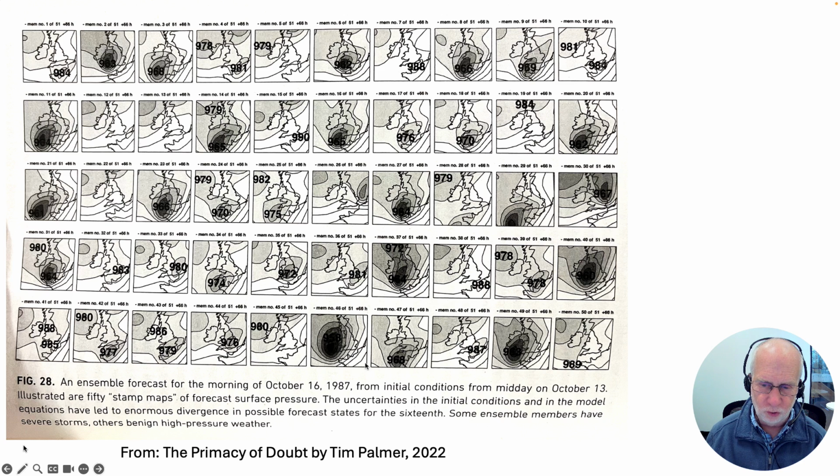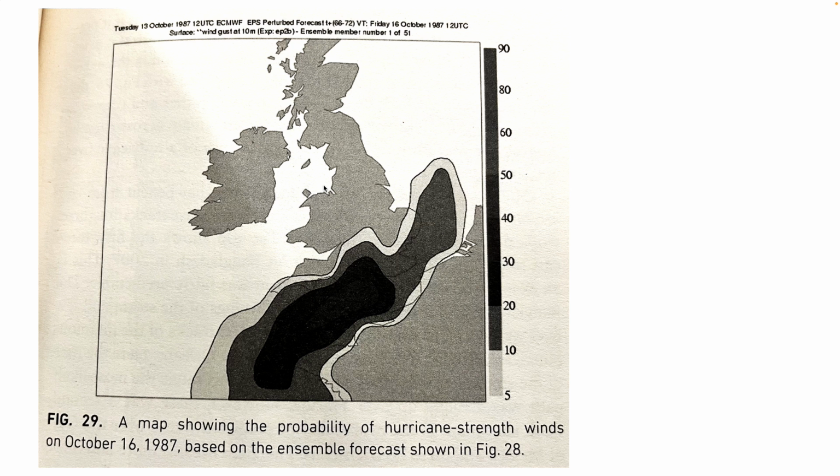In this case, these graphs are showing where the wind is at a particular time, and you can see most of these graphs have not much wind, like this one, this one, this one, this one, but there are a few with really strong winds occurring in different places. This is telling us that this is a time when the weather forecast is highly uncertain. That inevitable uncertainty in the starting conditions has a huge impact on what's going to happen later on.